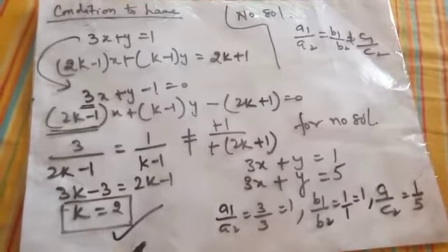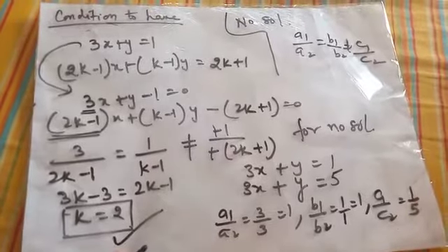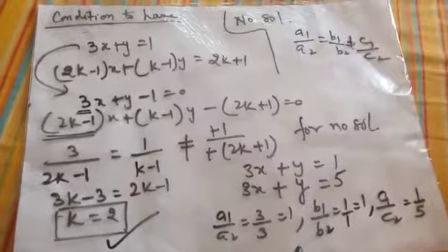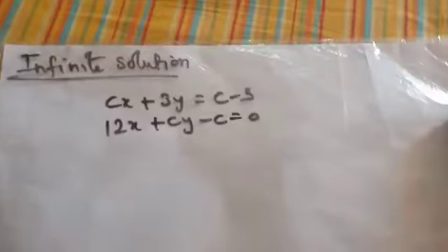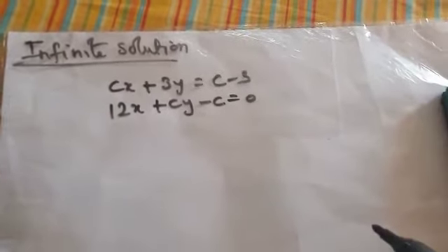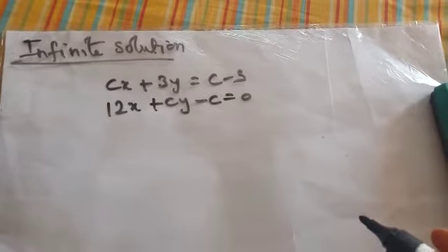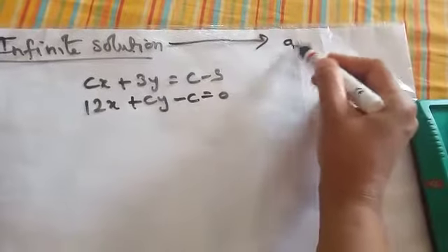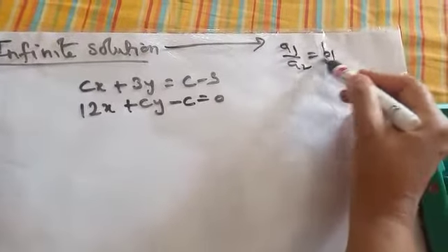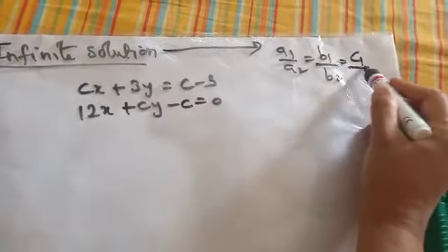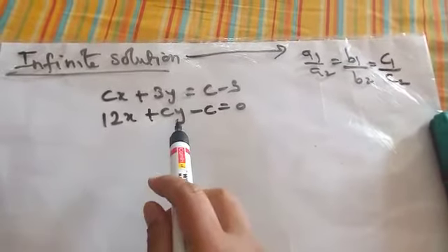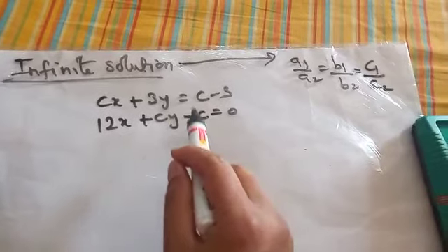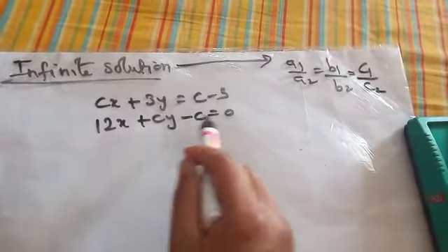So this is how I can check my answer that k is equal to 2 is the value of k for which this given system of equation has no solution. Now see this question. In this question we have to find out the value of c such that this given system of equation has infinite solution. Now for infinite solution, the condition is a1 by a2 is equal to b1 by b2 is equal to c1 by c2. Right. Now you can check here, in one of the equation the constant is in right while the other the constant is in left. So my first work is to make them same.